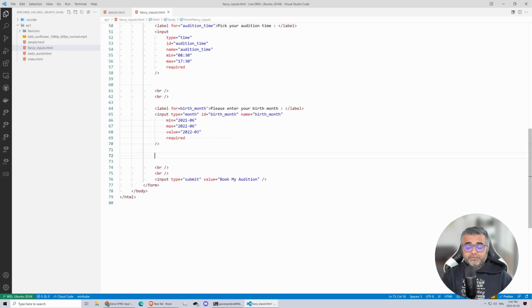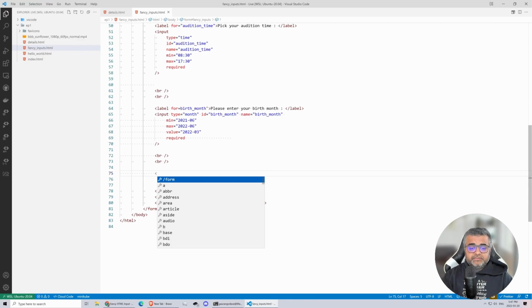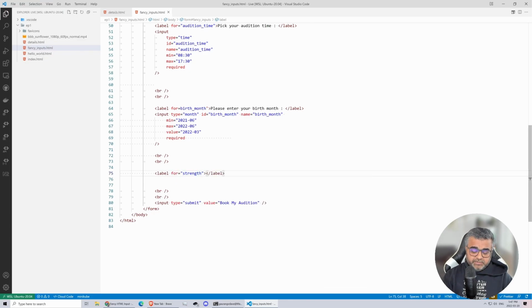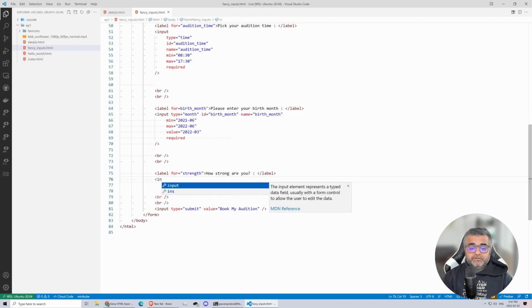Next, for our superhero team, it's very important that we know how strong they are. So we want them to tell us how strong they are. And how do we do that? So let's add a couple of line breaks for clarity. Let's add a label for strength, and let's say, how strong are you? And we'll say input,